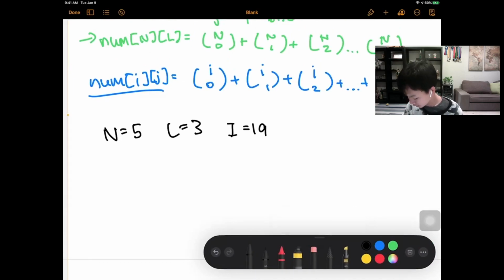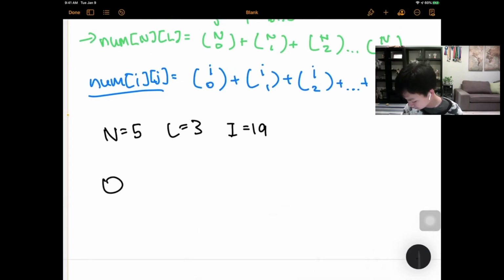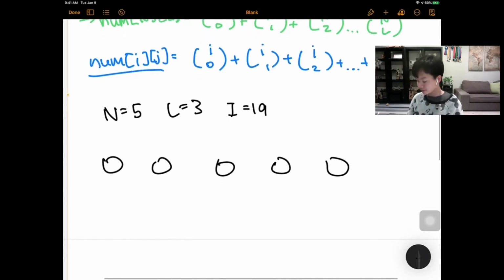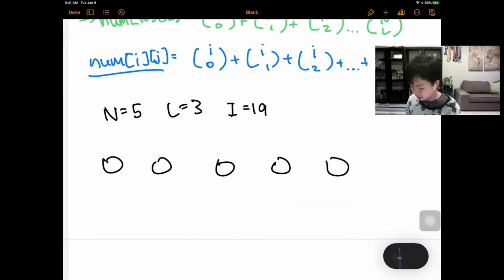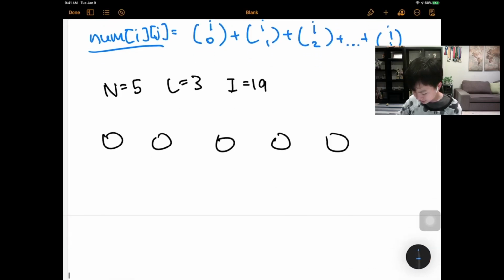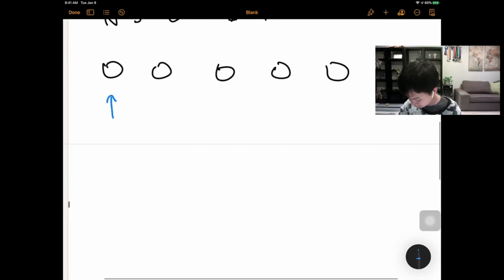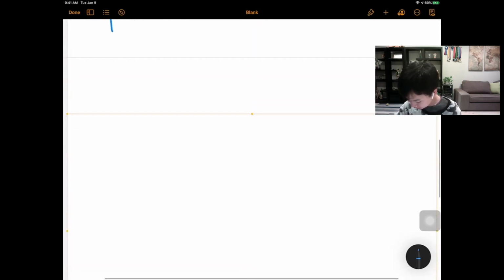So, again, we can consider that we have 1, 2, 3, 4, 5 zeros. Or, 5 bits, not just 5 zeros. Okay, so now we can basically start off at the top where we calculate the value of this bit. So it's right over here. So we know the number, okay. So we know the number of ways